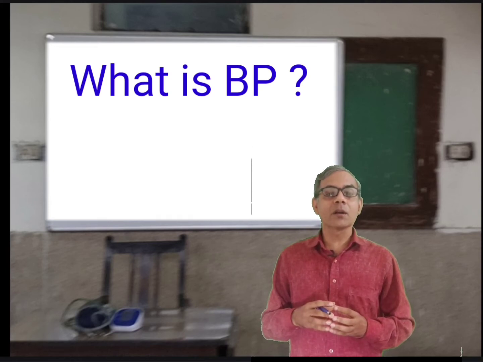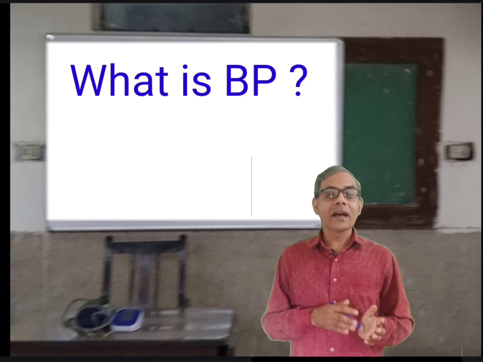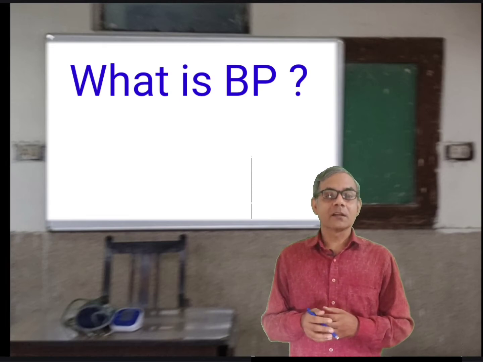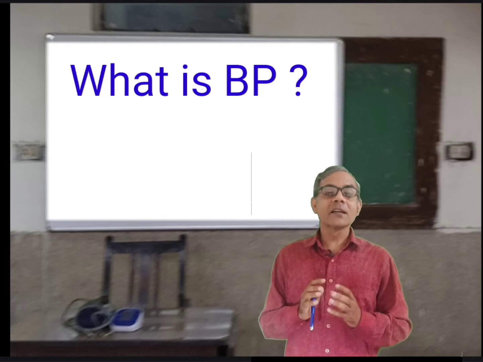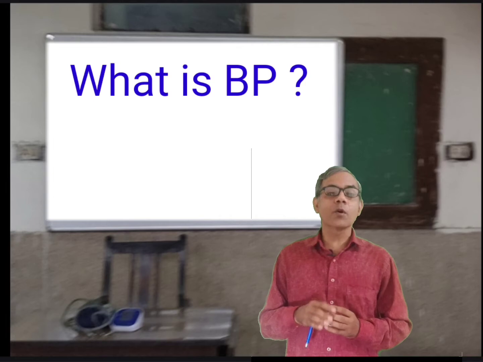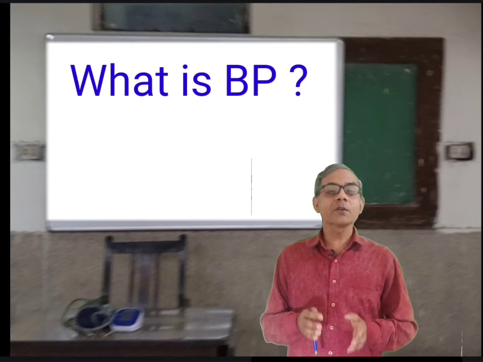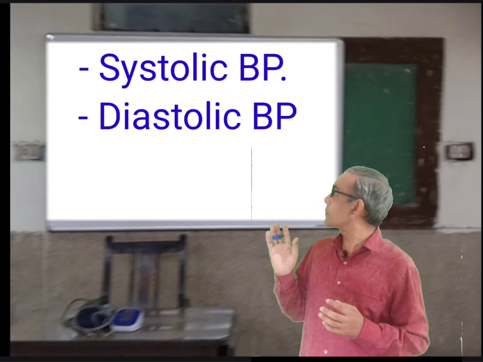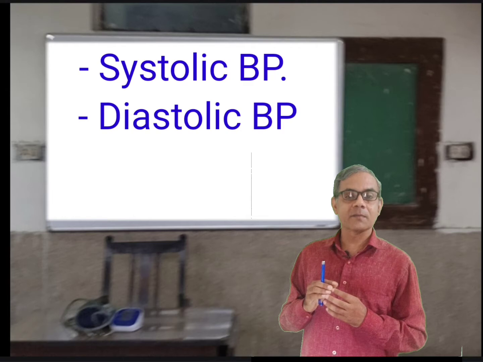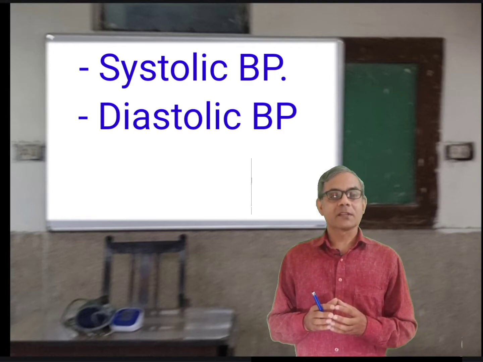Basically, moving blood column has two components of pressure, lateral pressure and dynamic pressure. Dynamic pressure propels the blood forward and lateral pressure is exerted on the wall of artery, which is measured during measurement of blood pressure. So there are two types of blood pressure, systolic blood pressure and diastolic blood pressure. What is systolic blood pressure and what is diastolic blood pressure?